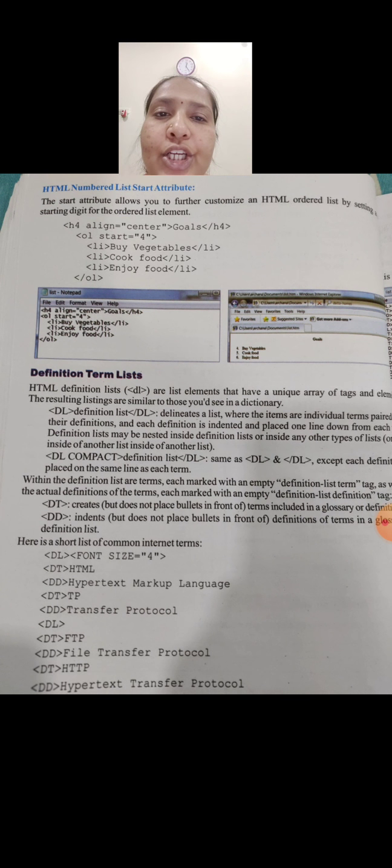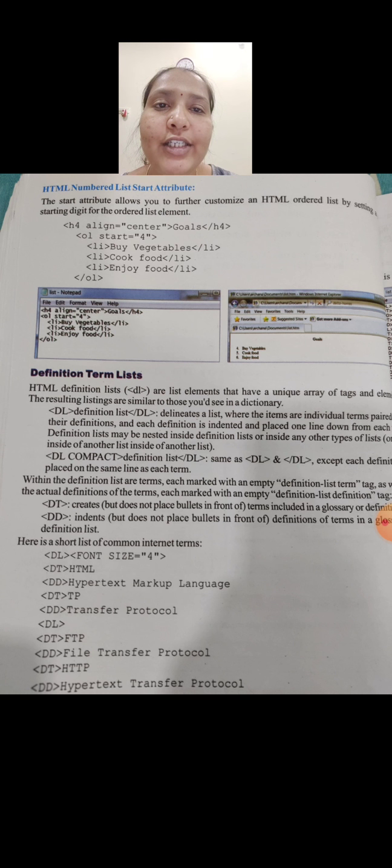Then HTML numbered list start attributes. Okay, this means the start attribute allows you to further customize an HTML ordered list by setting the starting digit for the ordered list element.